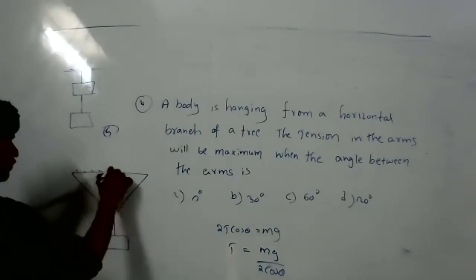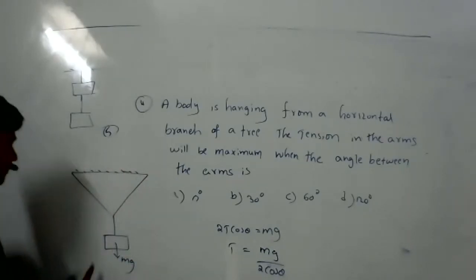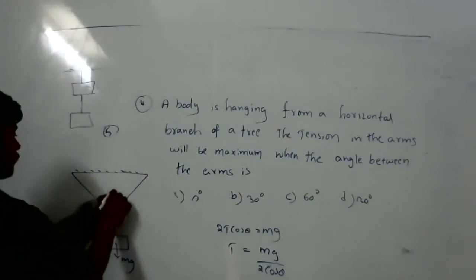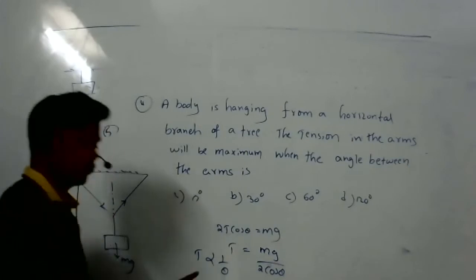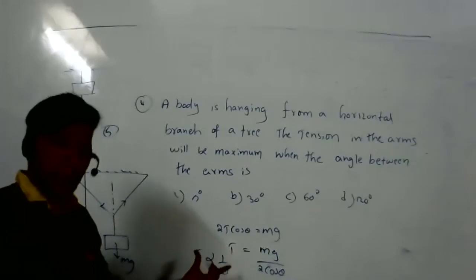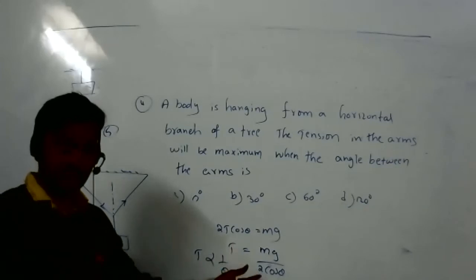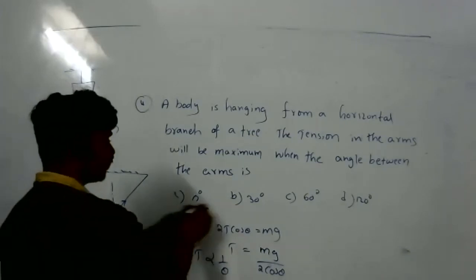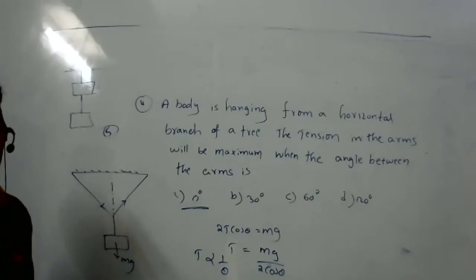Sir, over here, if we pull the weight down, would the tension increase in the strings? Yes, obviously. Since then the angle is decreasing, right? Then it should be 0 degrees. Can we take it like that? Yes. When I calculated this and saw this formula, when the angle is decreasing, tension is increasing. It's not more, 0 only. So in this figure, the strings are at a particular angle, right?